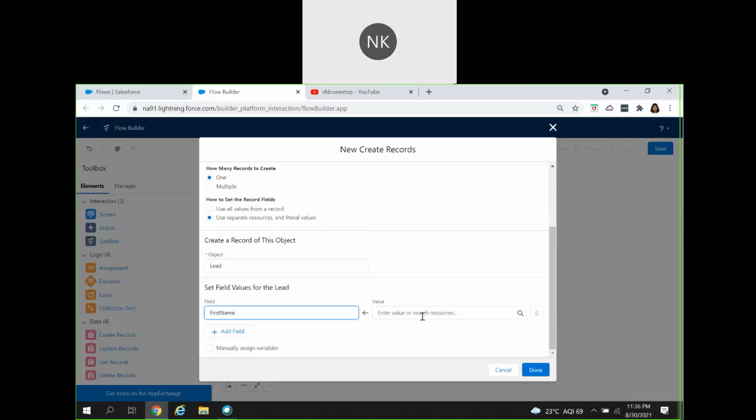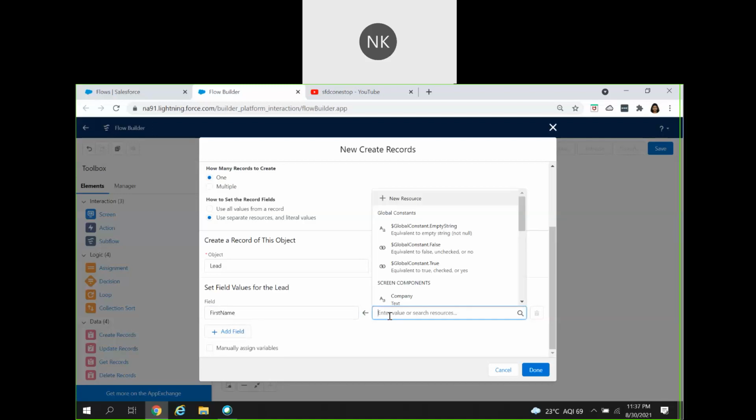If you recall, in our screen flow, we created all the different fields, right? First name, last name, phone number, email, company, and the description. So if you want to store all of those values in our lead, you will have to provide that value here, so that as soon as a record is created with the first name, it will go ahead and sit in the lead object for the field called first name. So that is what we are going to do here. Search with the first name. See here, it is showing as first name. This is the syntax for that. Now let's add fields.